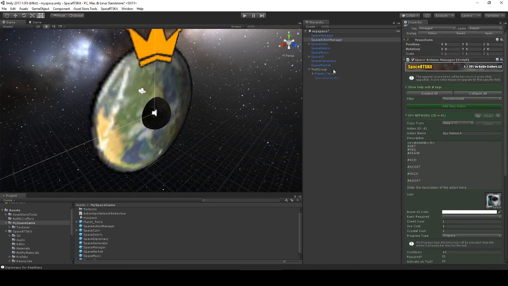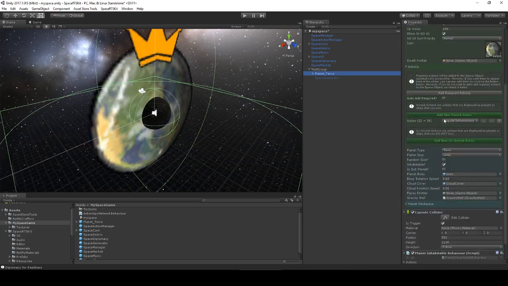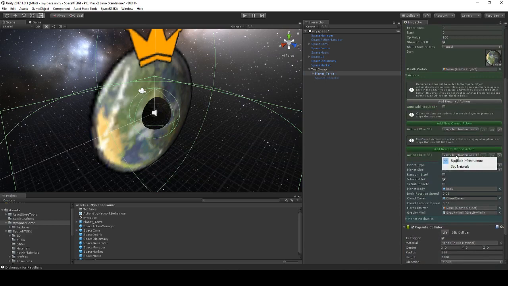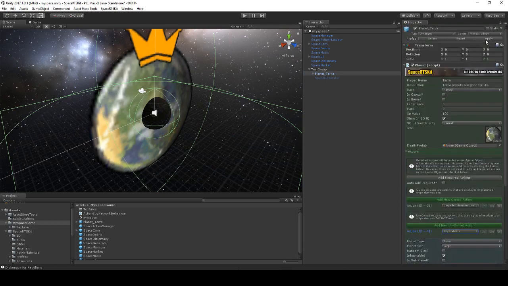And we'll go back to our planet, and we'll go down where it says add new unowned action. We'll go ahead and add our spy network, and we'll go ahead and apply that. Now when we run the game,